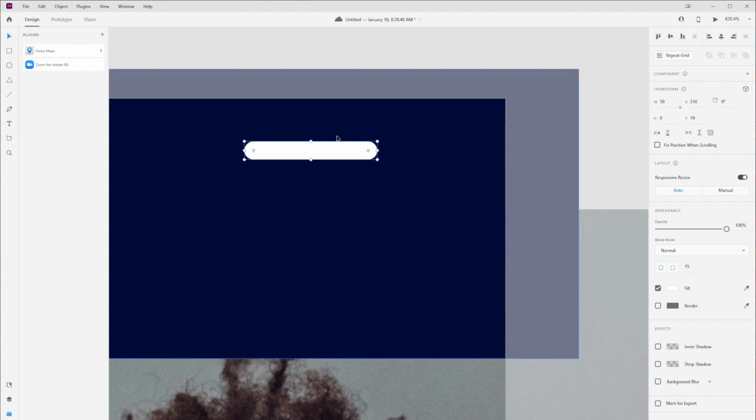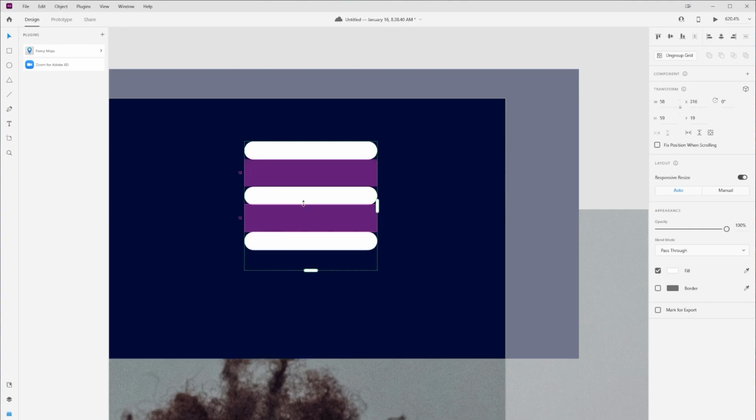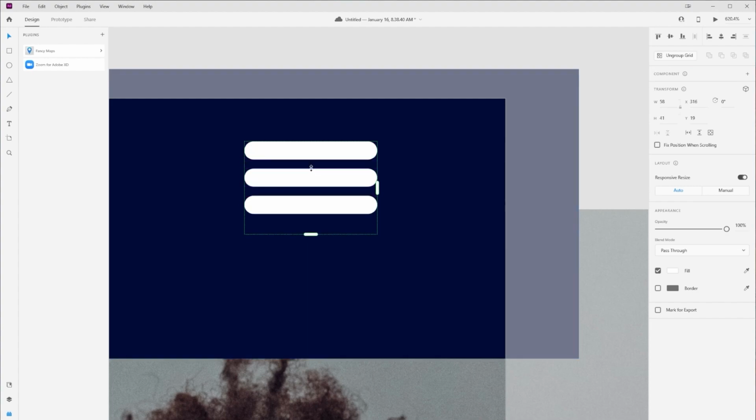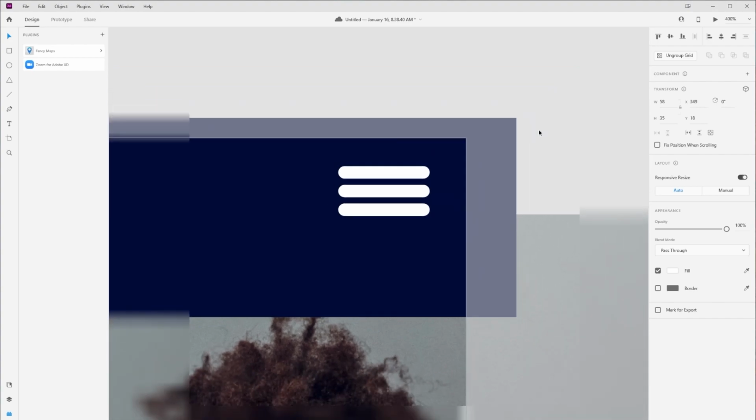And then I'm going to come over here to that right hand panel again and select Repeat Grid. If I do that, I can pull down and get multiple repetitions of the same image. If I grab between those, I can tighten it up. So here you can see I've made a very easy hamburger menu. Very simple to do. Doesn't take a lot of work. You just use that repeat grid. And we'll take another look at that in a little bit.